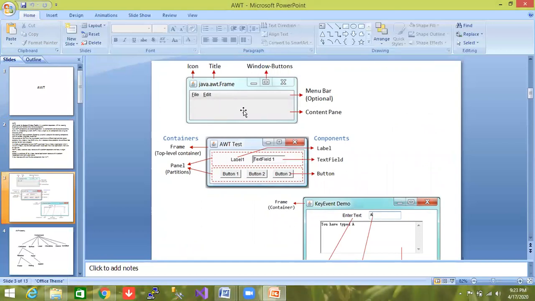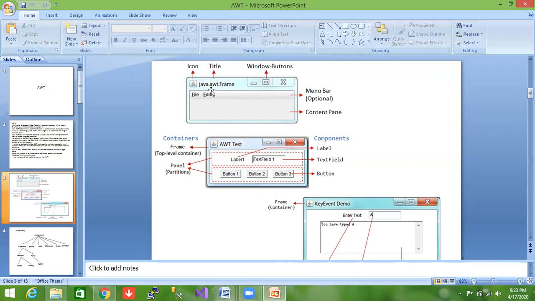Next, if you open Microsoft Word, you can see all these. You can write the title here. This is one type of icon. This icon is known as a container. These buttons are called window buttons: minimize, maximize, and close buttons.